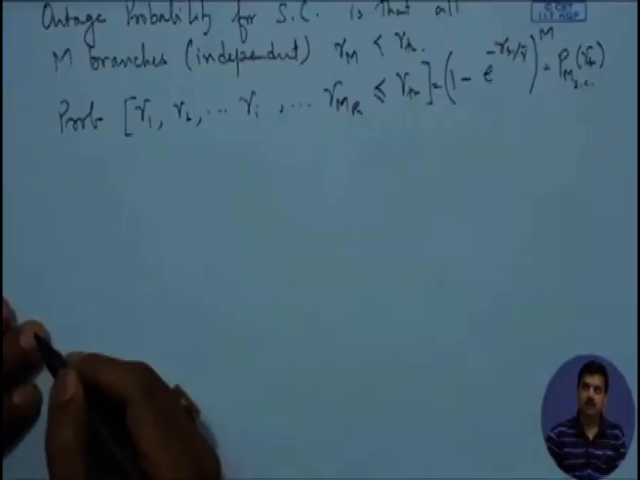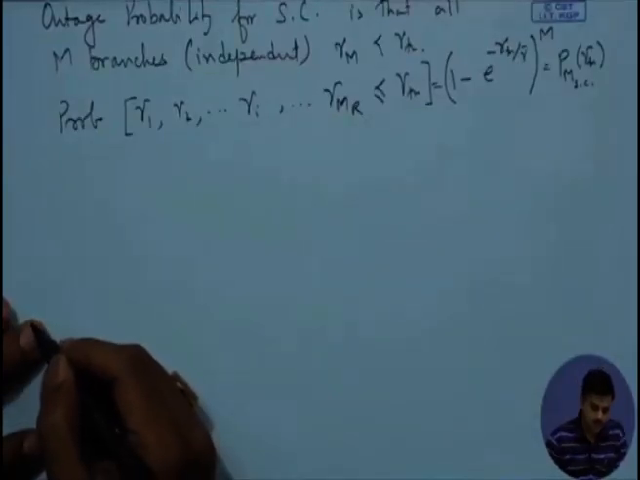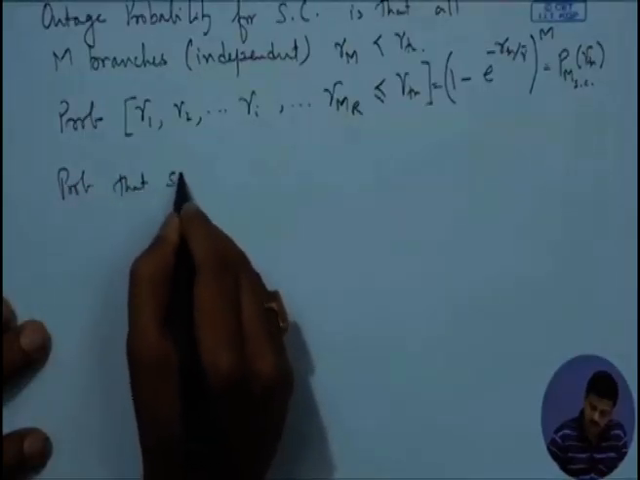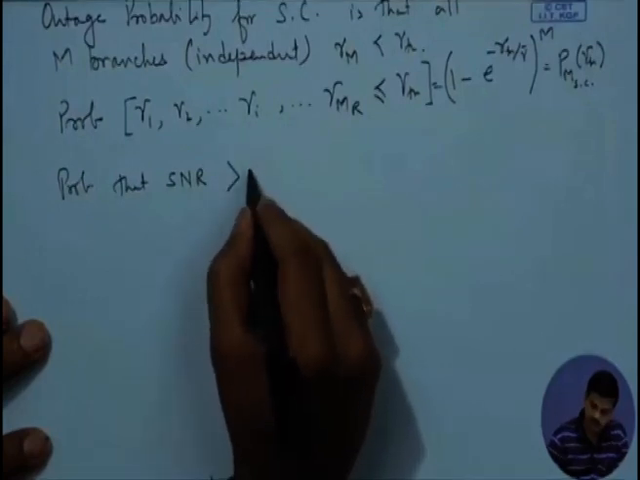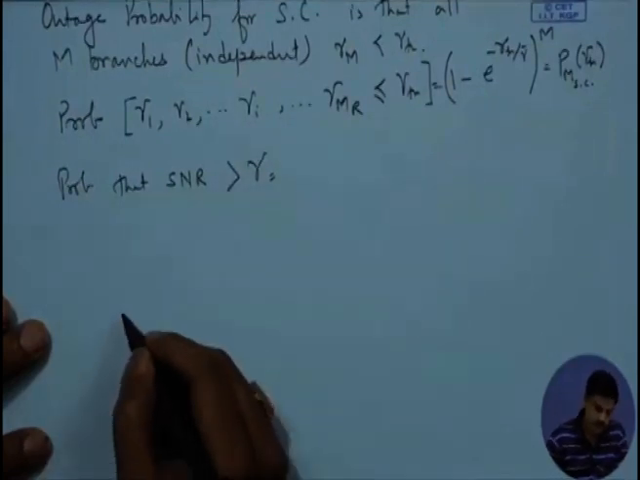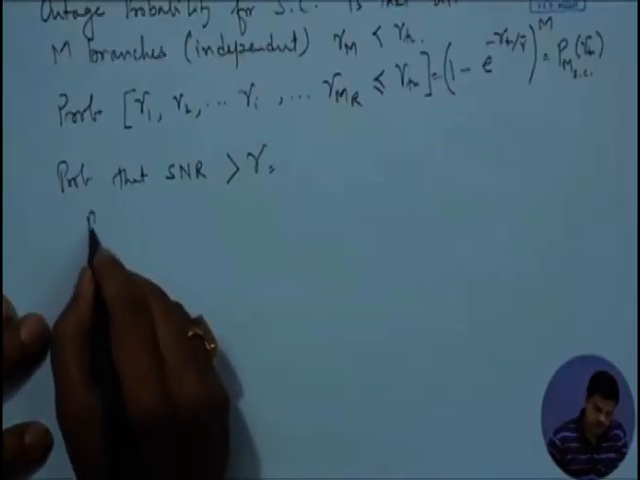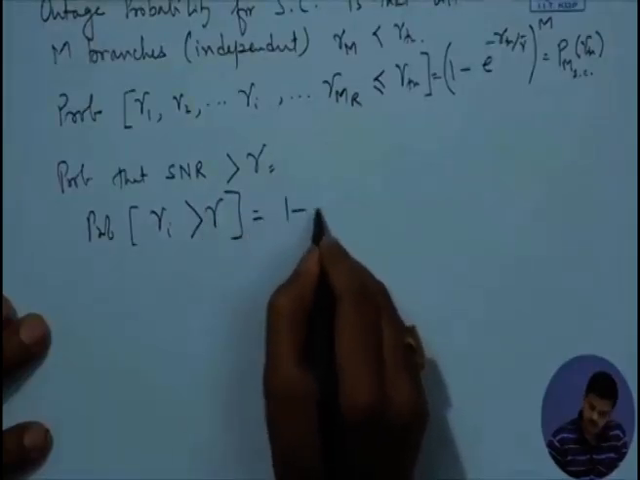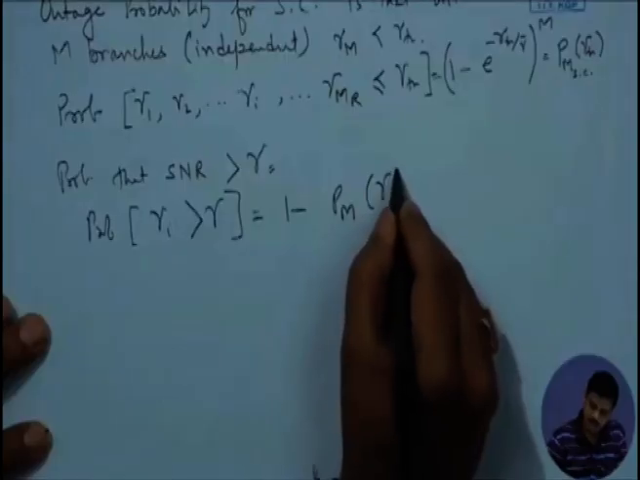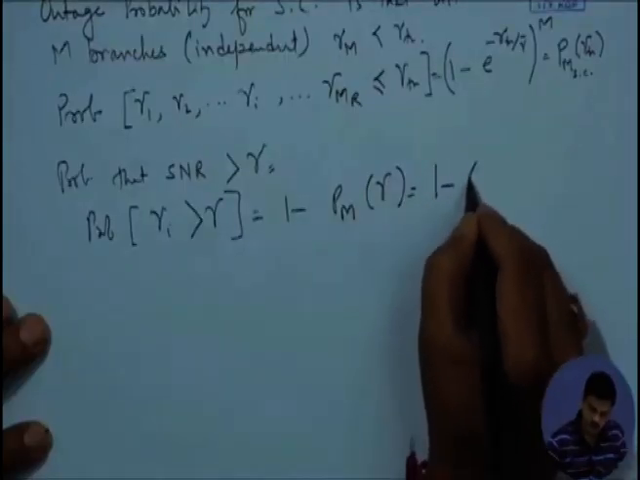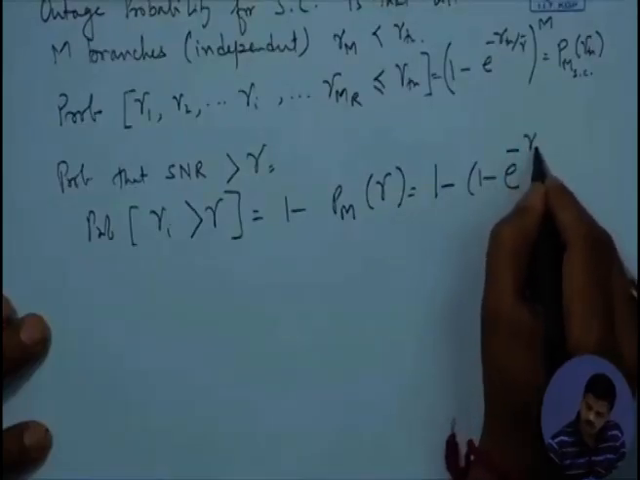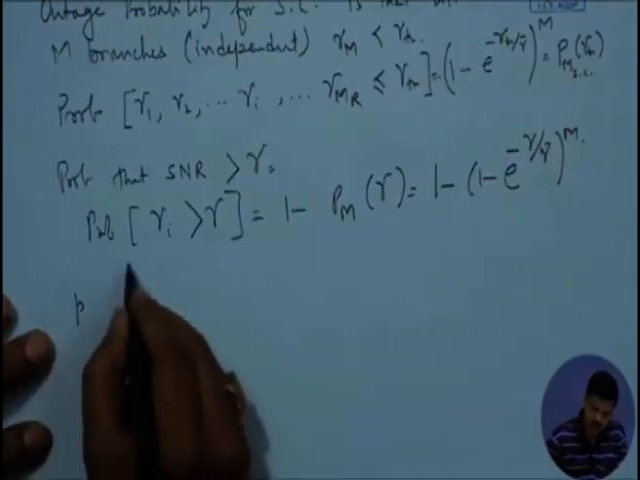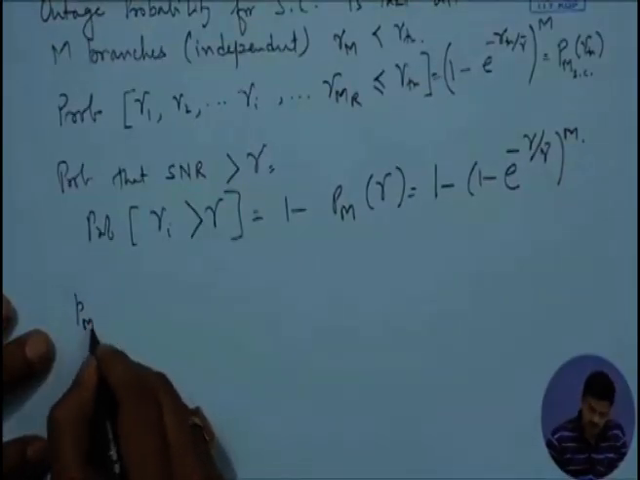I would put selection combining over here, and the probability that this is the coverage probability, that the SNR, signal to noise ratio, is greater than a certain gamma. For one or more branches, it is basically the probability that gamma i is greater than a certain SNR, which is 1 minus Pm of gamma, which is 1 minus e to the power of minus gamma by gamma bar, raised to the power of m. And if I would like to calculate the PDF of gamma,